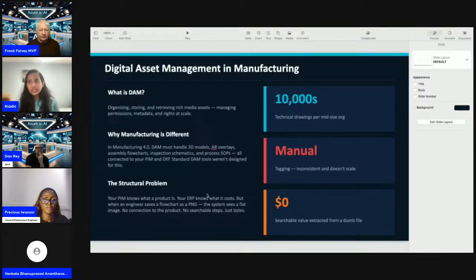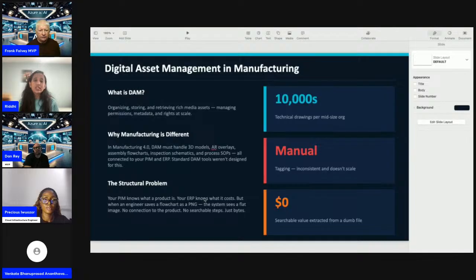It's very different in manufacturing because in manufacturing 4.0, DAM must handle 3D models, assembly flowcharts, inspection schematics, and SOPs, all connected to PIM and ERP. Standard DAM tools weren't designed for this. PIM knows what the product is, ERP knows what it costs, but when an engineer saves a flowchart, it's just a PNG.